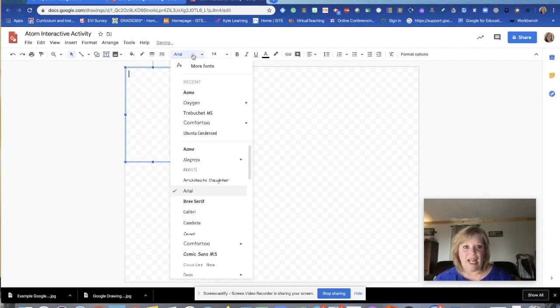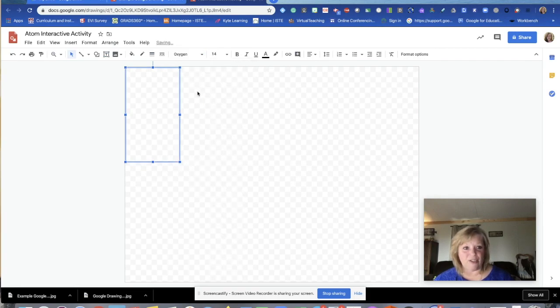And of course, I always like to use fonts. So I'm going to use Oxygen this time. I think I'm going to make this 11, and I am going to put the directions right here for students. So when they get a copy of this interactive piece, they have the directions right in front of them. What I want them to do, actually, they don't have to make a copy of this drawing because they will already have a copy. I want them to drag and drop the atoms to create the molecules